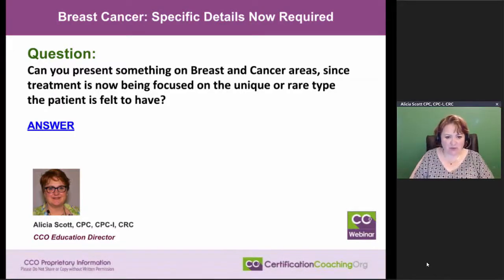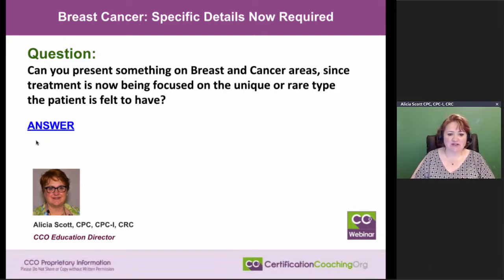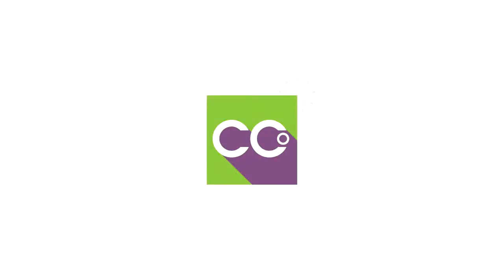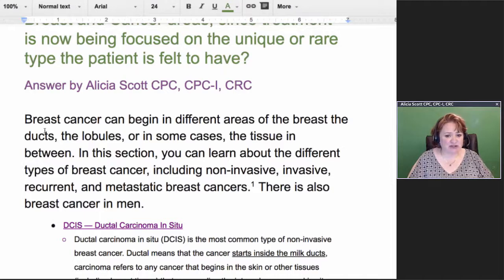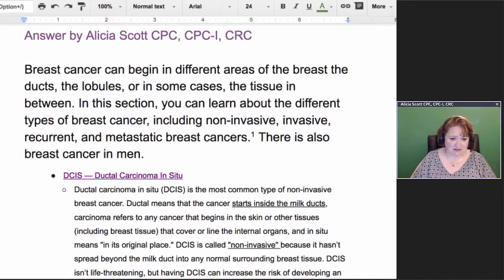Oh, right. We had a request that came in that said, can you present something on breast cancer areas, since treatment is now being focused on the unique and rare type the patient is felt to have? And so what I did is I did some research, and in truth, there are a lot of different types